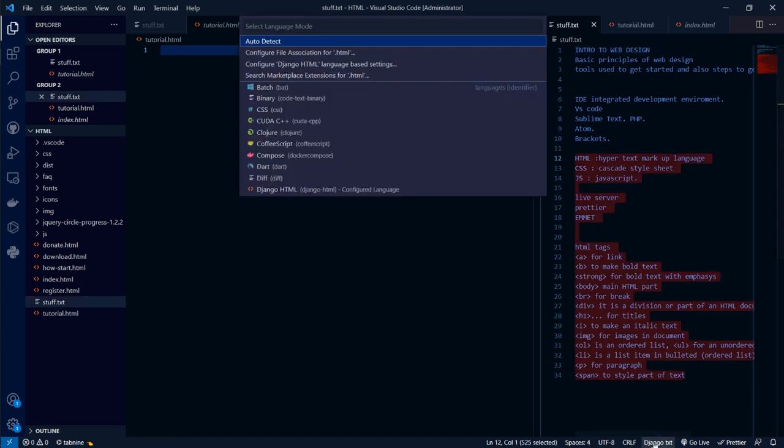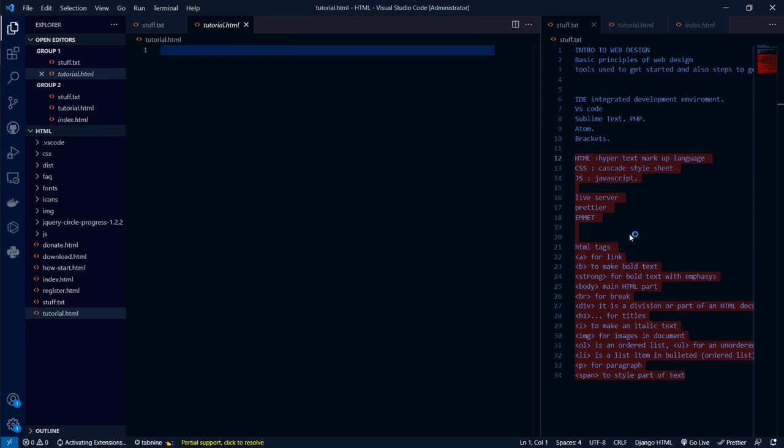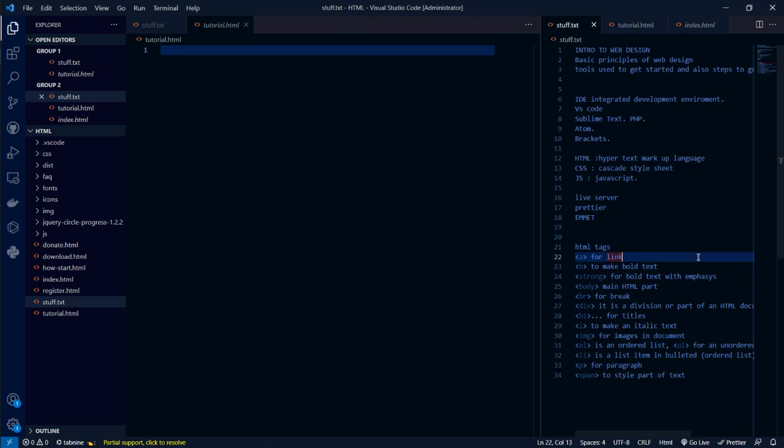I'm going to change this from Django HTML to normal HTML so that I can achieve certain shortcuts when I'm building stuff. Let me show you the shortcuts. If you're on your normal HTML page and you want to set up your HTML document for development, all you gotta do is type this exclamation mark.